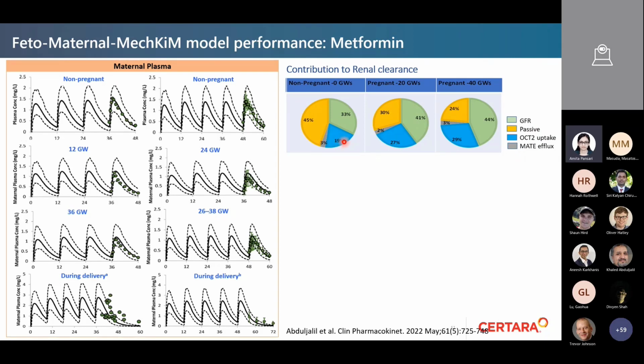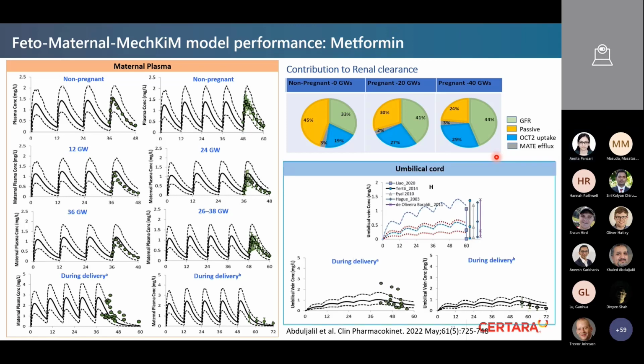and then extended it to the pregnant women, looking at the contribution of OCT2 to drug exposure at different gestational weeks. It was 19% and increased to around 29% around term. So they did it for the single dose regimen and the BID dose regimen, and with that they provided that as well. With the single dose maternal regimen, we also see the predicted C-trough concentration in the umbilical cord,